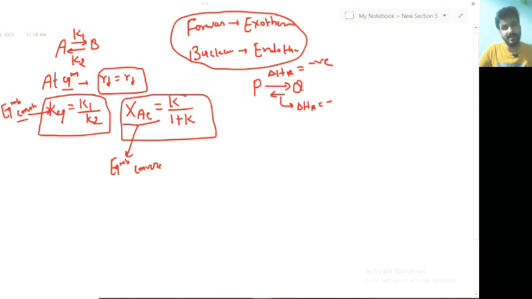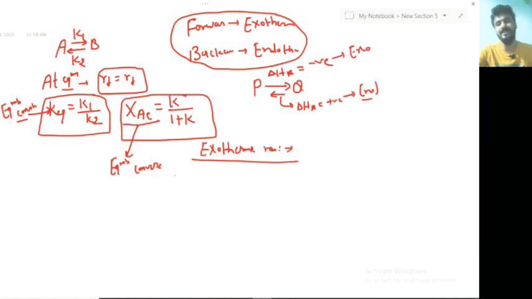Now understand one thing, which types of process is going to be taking place. I am just going to discuss the exothermic reaction in this lecture only. Alright. Now if you see an exothermic reaction, what is happening? When the reaction proceeds, it will evolve energy, and if the reaction is going to evolve energy, according to the Le Chatelier principle that you have studied in the chemical